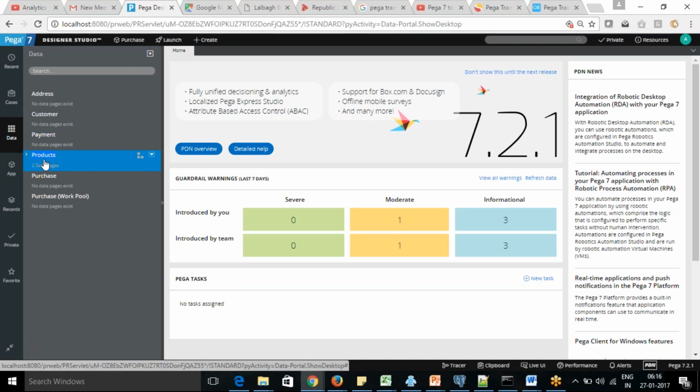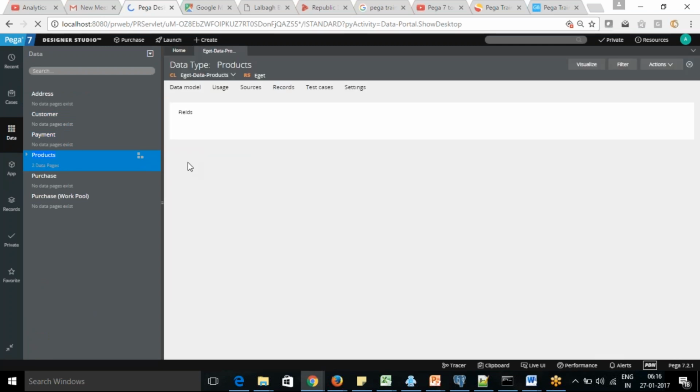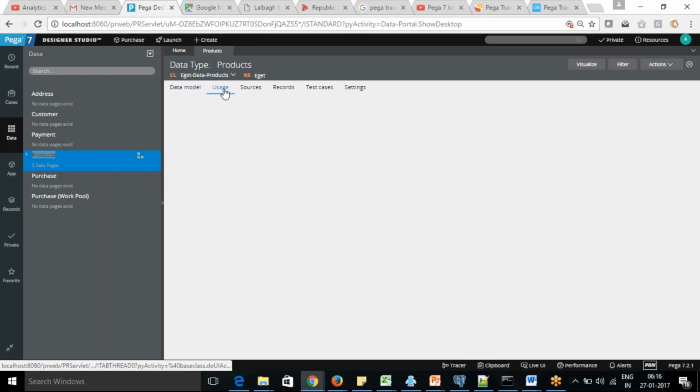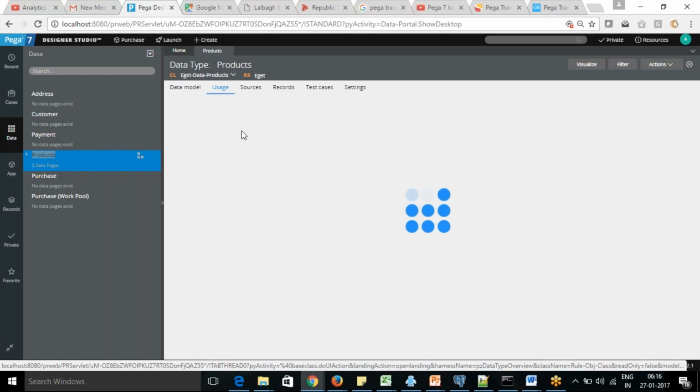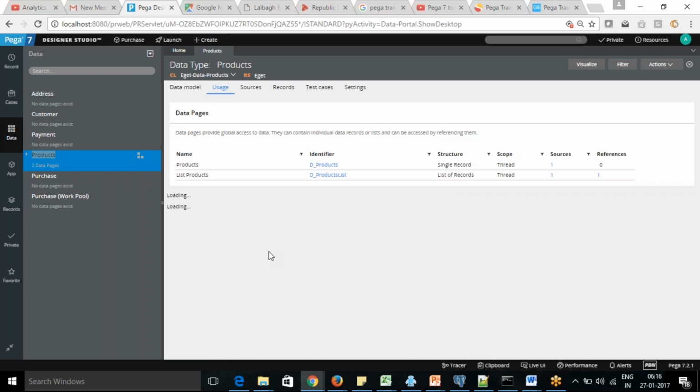Within that, you can see we have created different types of category. And then in the users tab now, it will show a list of the data page names and where they were used.